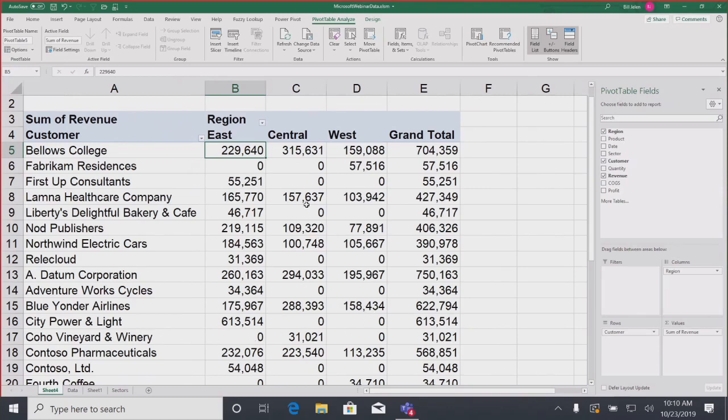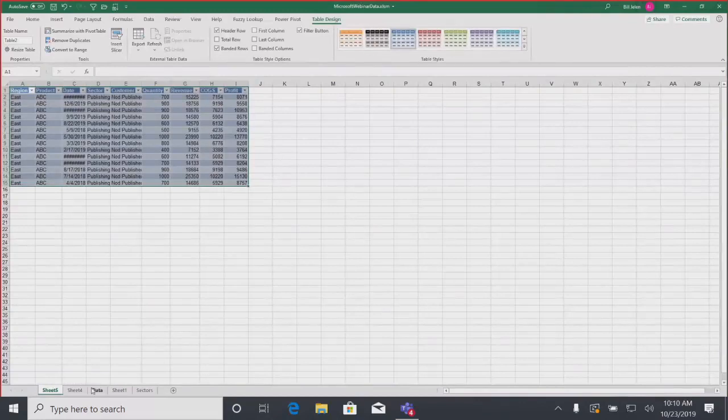A beautiful thing about pivot tables is when your manager comes to you and says, wait a second, this can't be right. Where did that number come from? All right, there's no way that this customer bought 219,000 in the East region. Where'd you get that? Well, with a pivot table, that question is super easy. Just go to that cell and double click. Right now you'll notice down here in the lower left-hand corner, I'm on sheet 4. When I double click on this cell, it inserts a new sheet to the left of sheet 4 that makes up all of the East region non-publishers, and there is the 219,115, right?